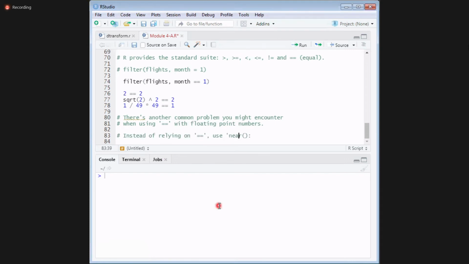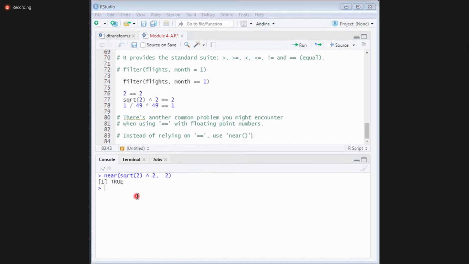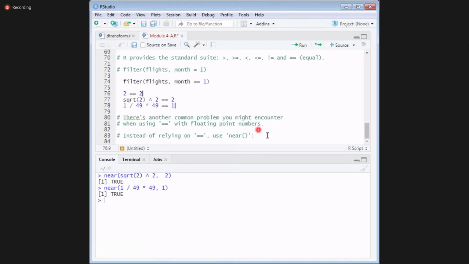If it is near to that, see, I will do the same thing. When I use double equal to, it gives me false. Now see, near square root of this, it is giving true. Even this it is giving true. Understood? Remember, whenever you're dealing with floating values, or whenever you think you may get a float value, you should use near.